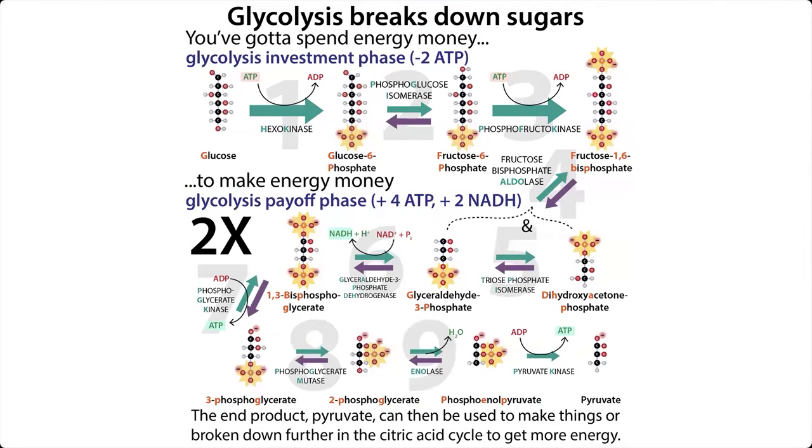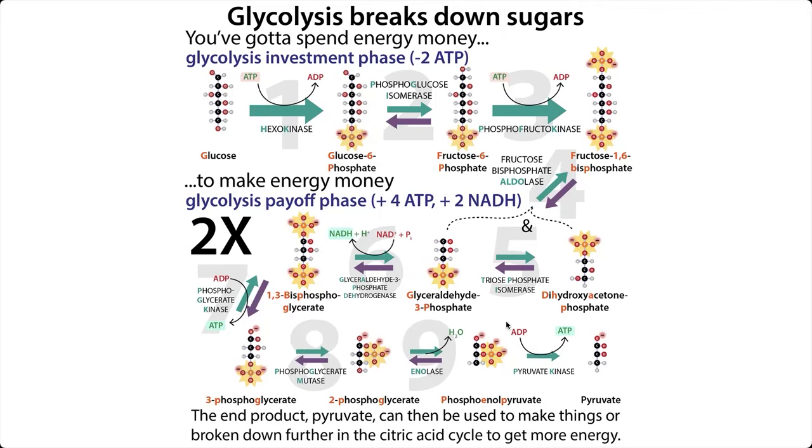A couple of examples of substrate level phosphorylation are in glycolysis. So here we're transferring a phosphate group from 1,3-bisphosphoglycerate onto ADP to give us ATP. And here we're transferring a phosphate group from our phosphoenolpyruvate onto ADP to give us ATP. And note that the enzymes that catalyze both of those processes, we call them kinases. So kinases don't always transfer from ATP, but they're transferring from some organic phosphate source typically.